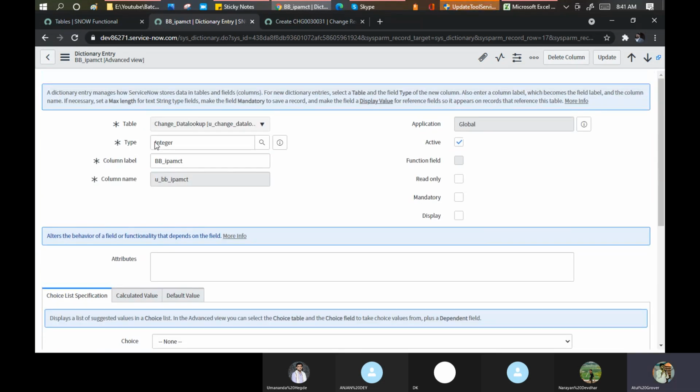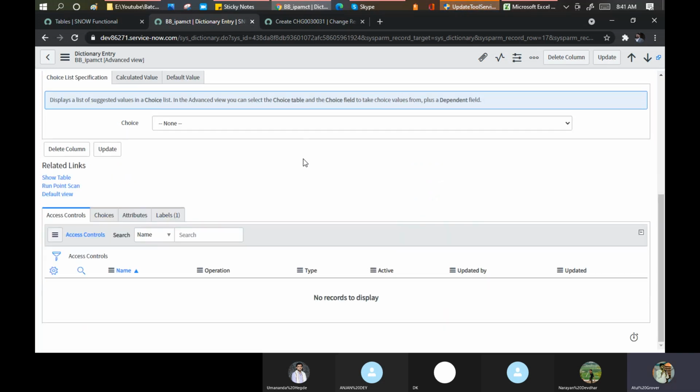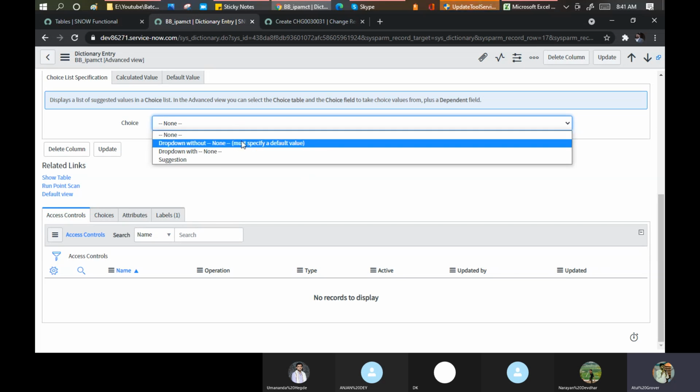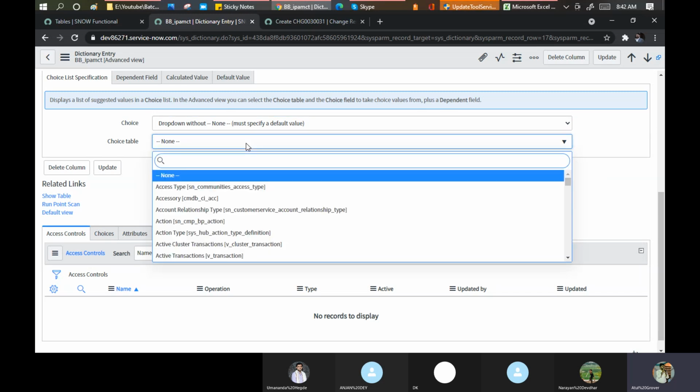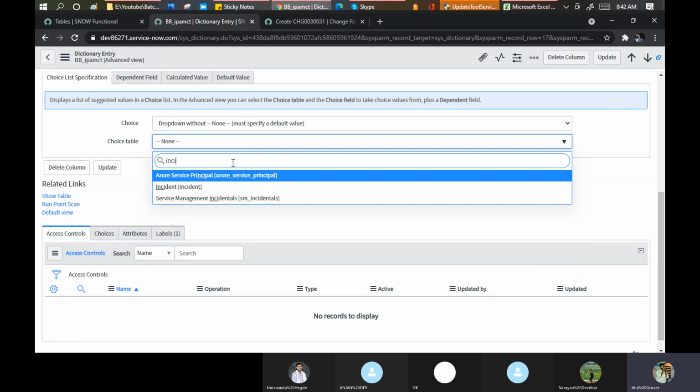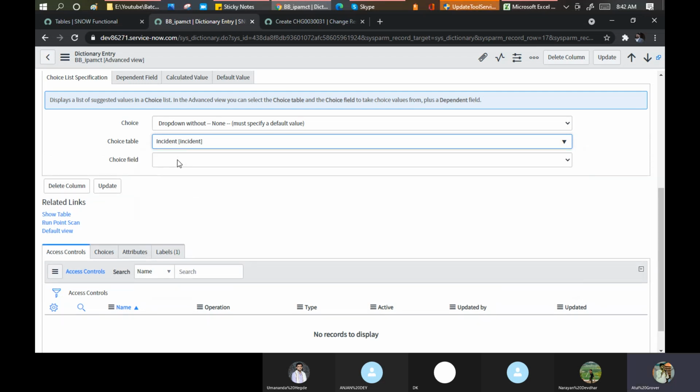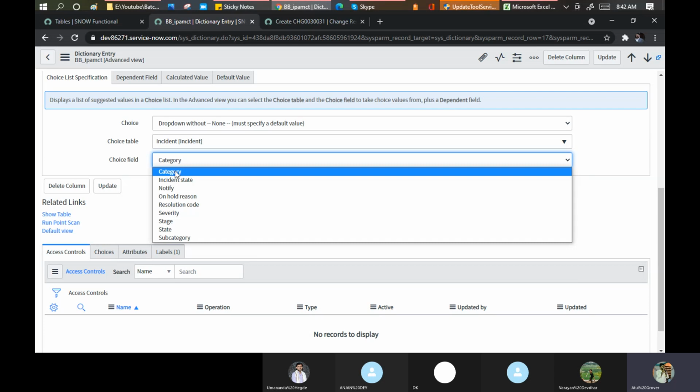In this case, you cannot create your new choices. You need to use the inbuilt choices available, and then you can go with these options: drop down without none, must specify default value, choice table. I'll say pick up those values of impact which are already available in the incident table. Incident and choice field is a category for me. It's a category type actually.